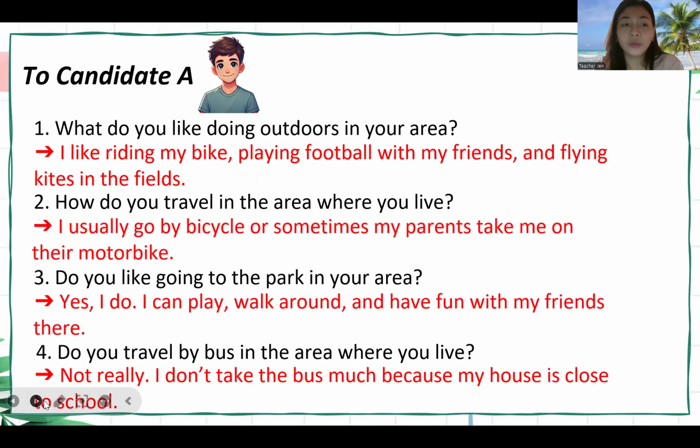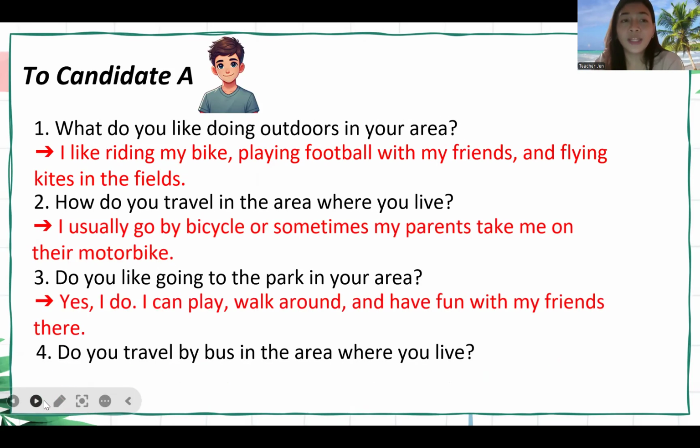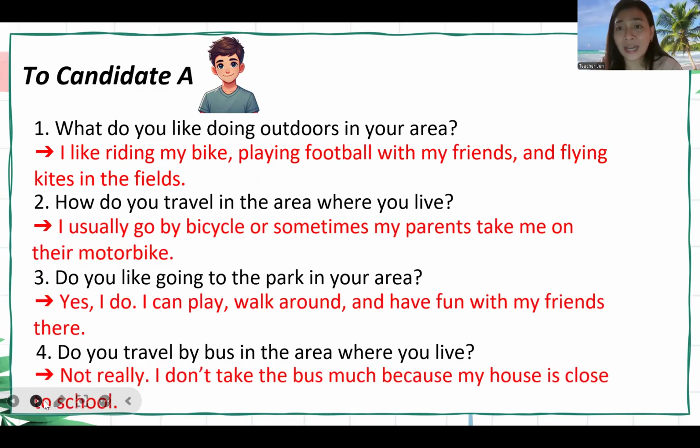There are 4 questions here, another 4 too. So it depends on what time you can finish. Do not be rushed in teaching your students. Just stop where you want to, where it is needed to stop according to their learning. You don't need to rush. The most important thing here is to help the student understand the lesson, and how they process the ideas regarding the topic. That's the important thing. We are not in a rush.